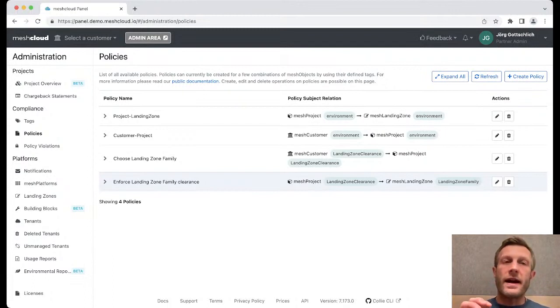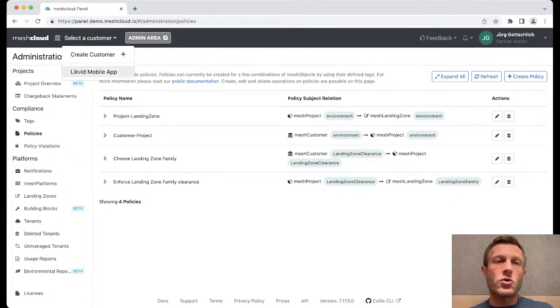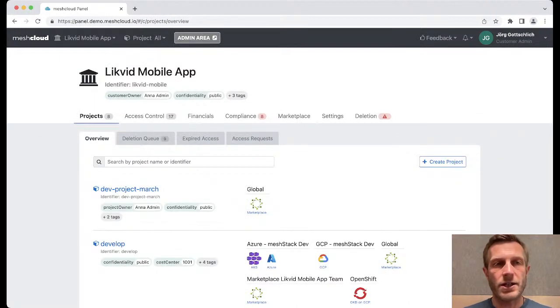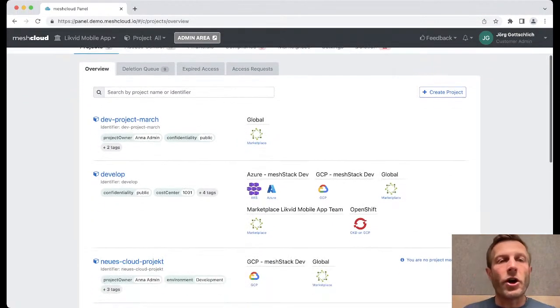So now we have seen the administrative view for the Cloud Foundation team, but of course we also want to have a look at the view for the Cloud Application team, so the team that uses the cloud to provide software for the digital capabilities of the company. I do that by jumping into a customer, which is a workspace for the application team. We have here this example of the Liquid mobile app, and here now I see the different projects that are